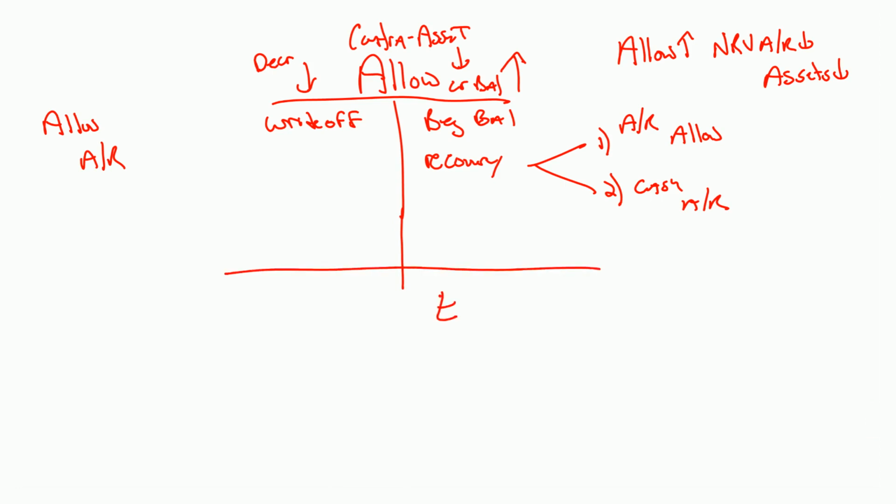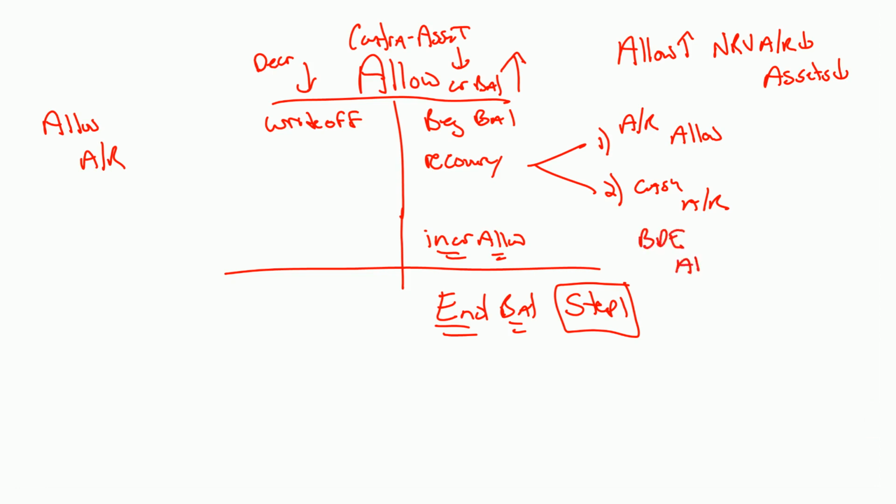Okay, step number one in our process is to find the ending balance in that allowance account. That's step number one. Okay, step number two is then going to be to make any adjustment necessary to get to that ending balance. So if we need to increase that allowance account, we'll debit bad debt expense and we'll credit that allowance account to get it up so we have this ending balance. Or if we ever need to reduce our allowance account, well, how do we reduce any allowance account? With a debit. Then your journal entry is really weird. Debit the allowance, credit bad debt expense.